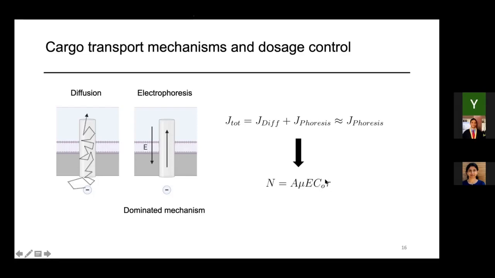and the delivery duration. And I don't know if you notice that the last three parameters are the parameters that we can tune. So basically, we can manipulate the three parameters to control the number of molecules that we can send into the cell. But one thing to notice is that the electric field is very hard to change, because if we increase it, it will change the local pH, which can be toxic to cells. So eventually we just manipulate the last two.